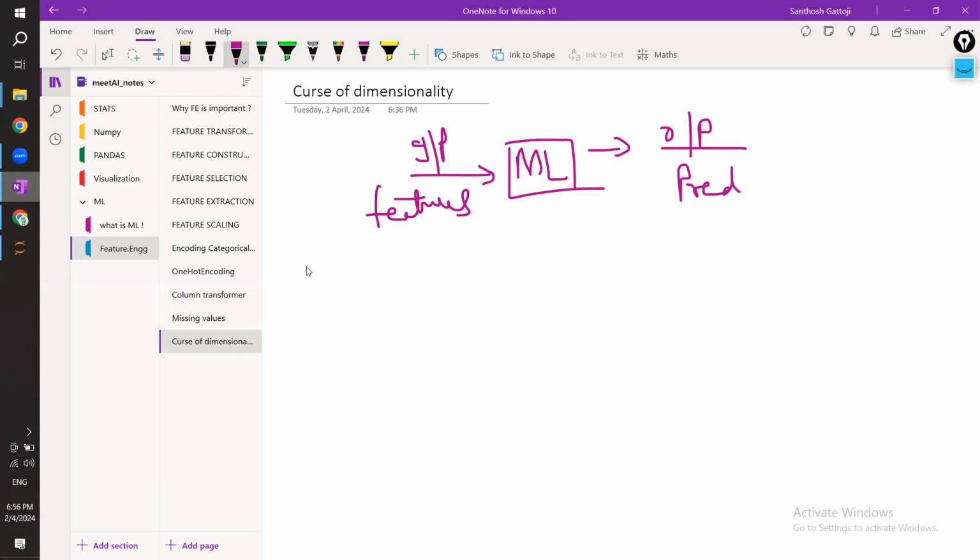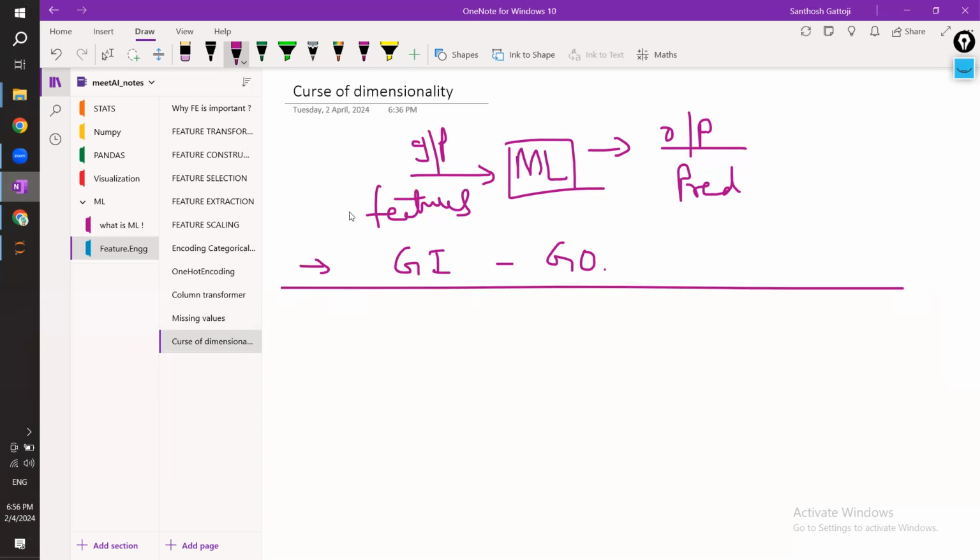So that's why there is something in machine learning called garbage in, garbage out. That means what? If you give useless features, you are going to get wrong predictions. So you need to be extremely careful while you are passing the features. Agree? Fine. Since we are covering the feature engineering concept, it is important to understand that features are important,